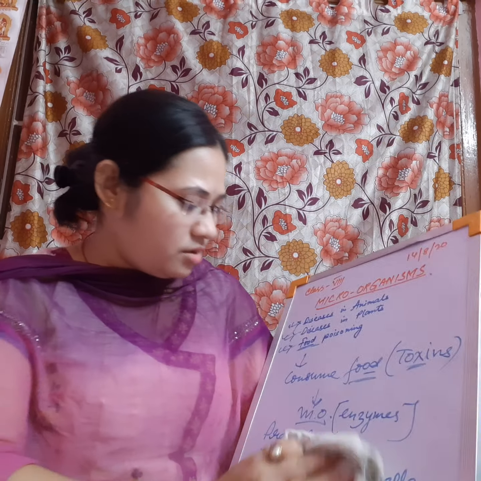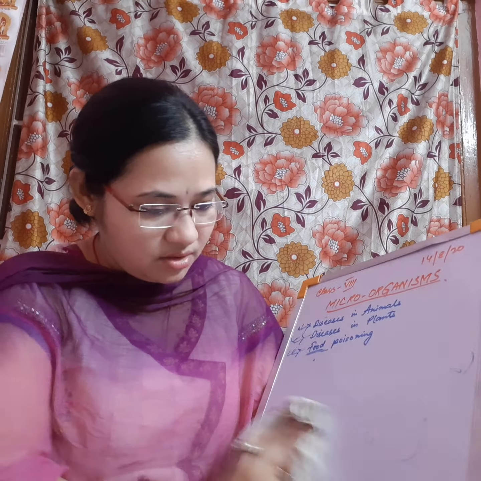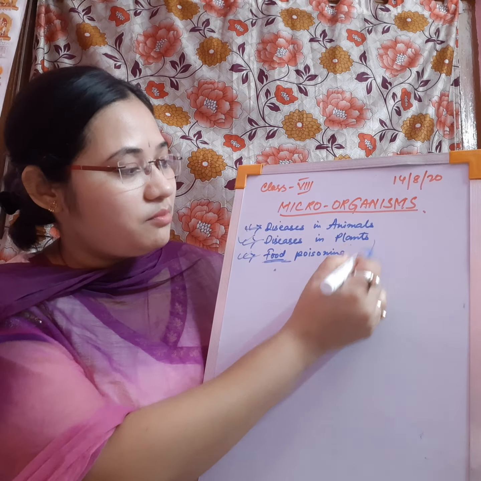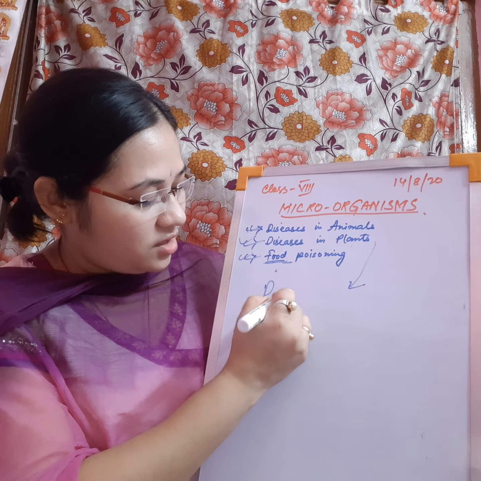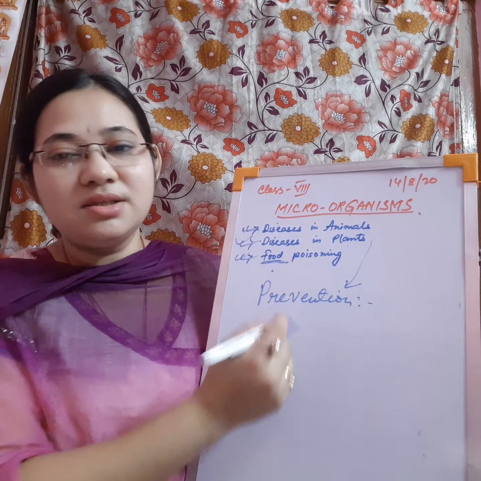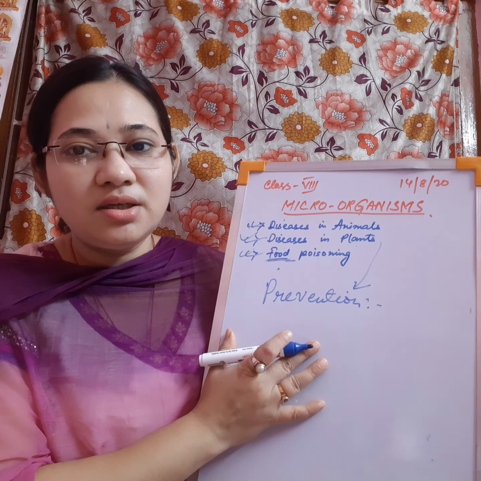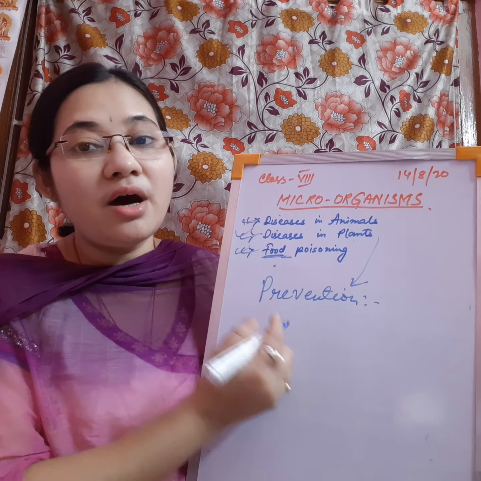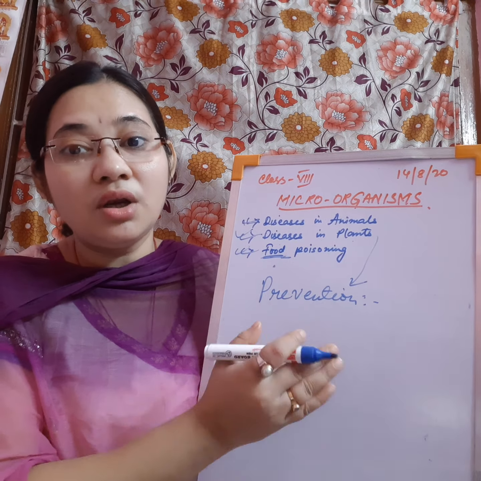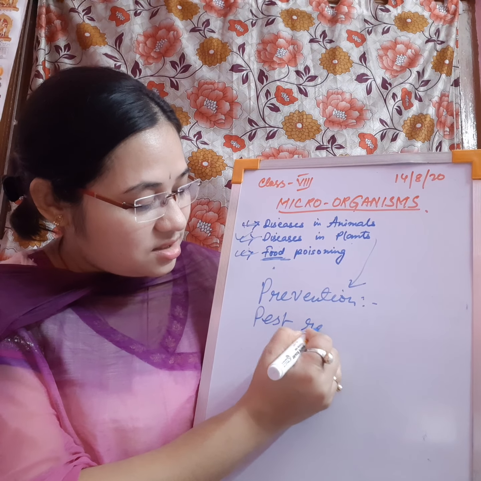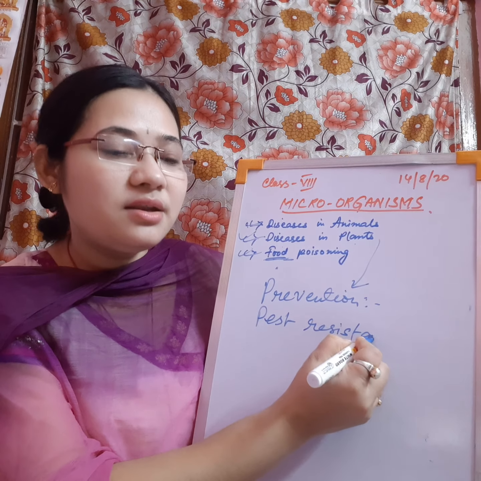Okay, and one more small topic that we have left here, that is diseases in plants. How can we prevent these diseases in plants? Okay, what are the steps or preventive measures? Just now we read about smut of wheat and blast of paddy, etc. Now prevention means we have to use high quality, good quality and pest resistant seeds, or disease resistant seeds. We must use disease resistant seeds.